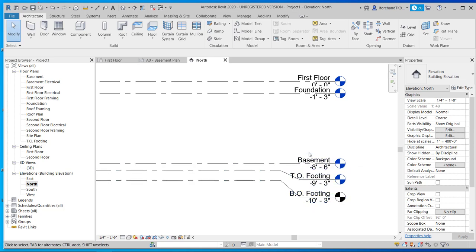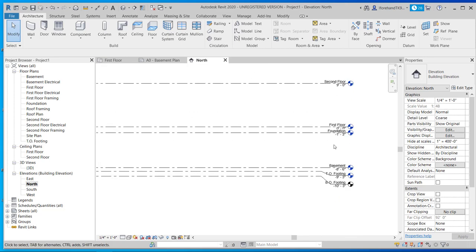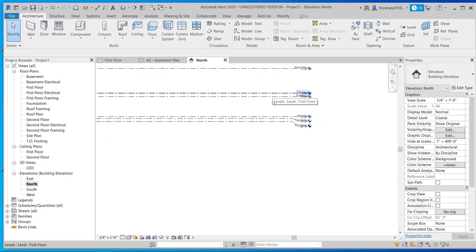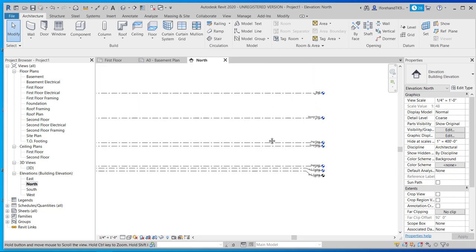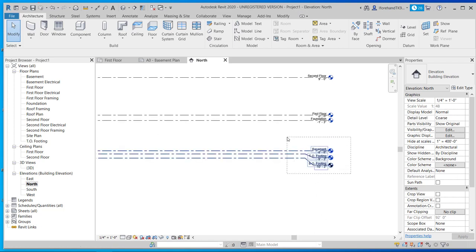And then this is the basement, -8 feet 6 inches, foundation, first floor, up. So for our use, we are just going to design the first floor, second floor, and roof. We don't really need all this stuff, so I'm about to delete it,